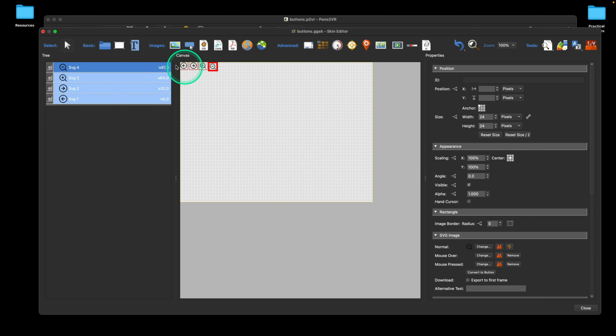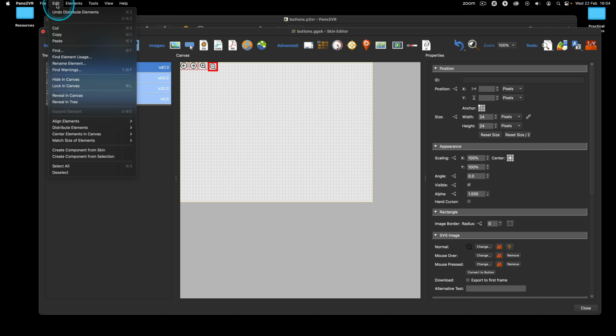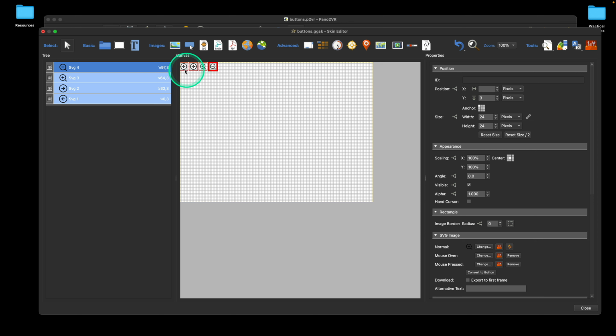As soon as I click that, you'll see we've distributed them, and it basically distributes from the two outer, so from SVG1 to SVG4. Okay, so that's basically the distribution. If I was to move that and do it again, it's just evenly distributing between these two points. As they're all still selected, I can go back to the edit menu and we can align, now top edges. And when I click that, you'll see that all the other buttons will come down to line up with the